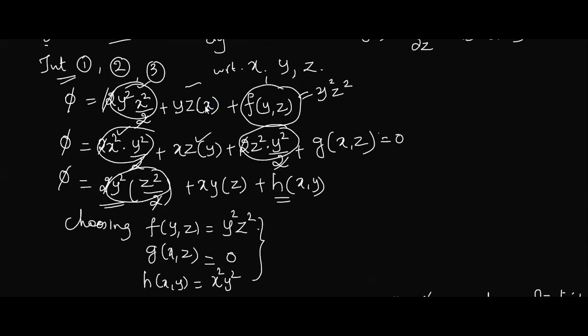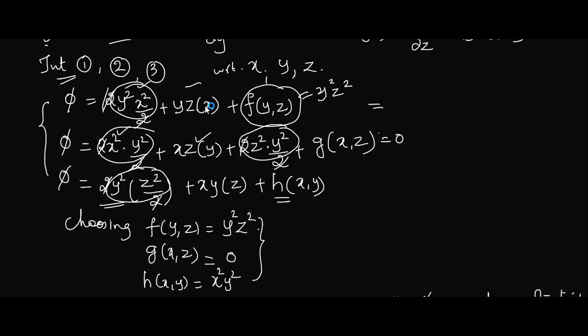Whichever term is common, we have to take that also at the end. No, you are not getting my explanation, I think. See, there are 3 phi's. I have to conclude with 1 phi. So I have to substitute either in equation 1, 2 or 3. Suppose I choose equation 1, what do I have to write as the expression? Finally, I have to write 1 phi.